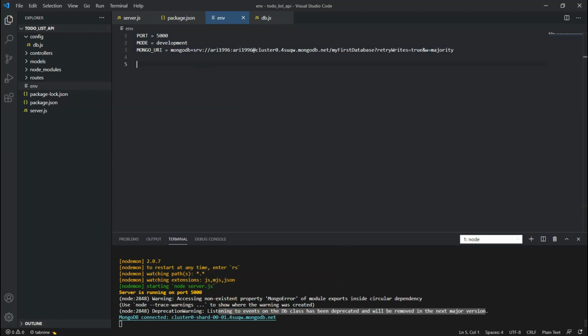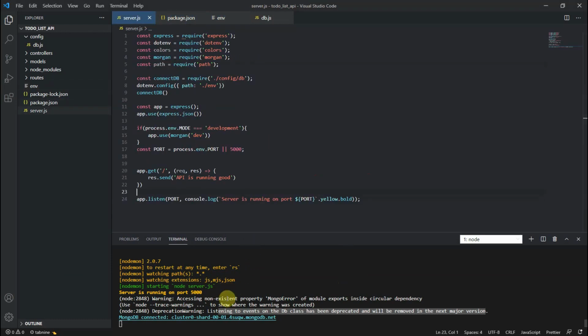So yeah, fine. Now it's working and you guys can see server is running on port 5000. Now we will move toward the development. Now the structure is ready. If you want to build one bungalow or building, then you need to build the structure, then you need to cover the structure with some stuff, right? So that structure is built, now we need to do those stuff.